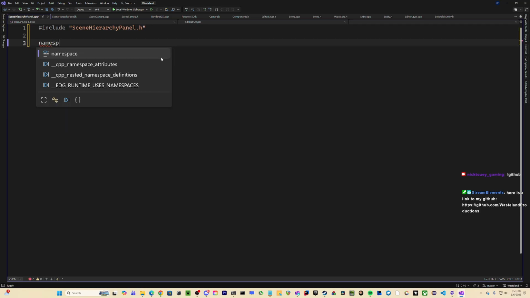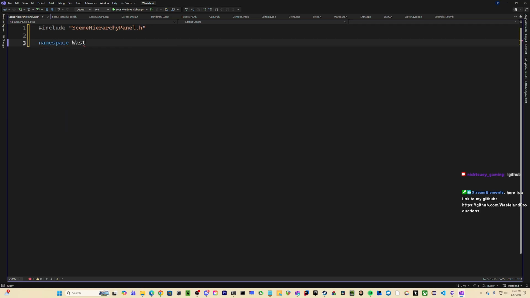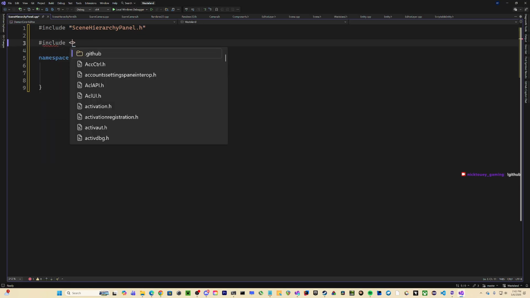Man, Wasteland. Make sure it has the proper namespace. I have to include ImGui.